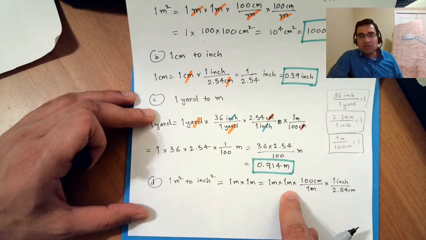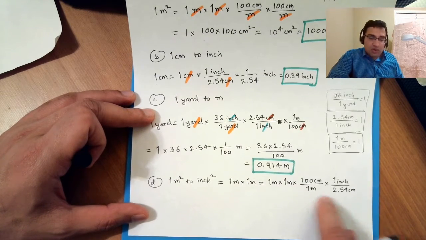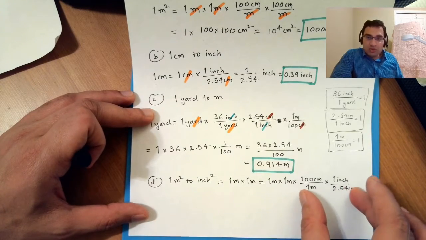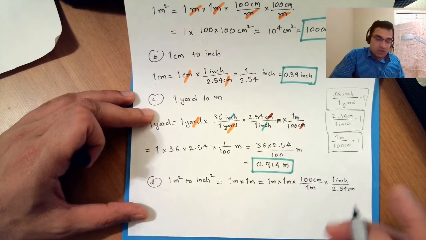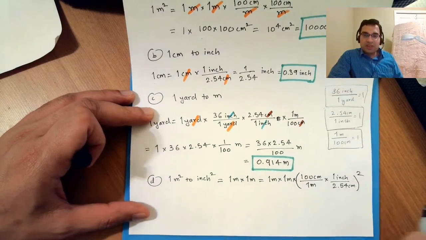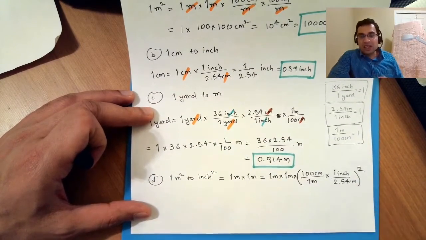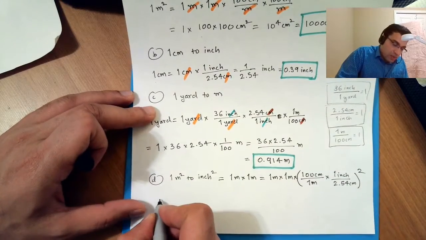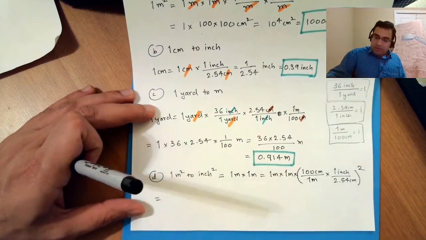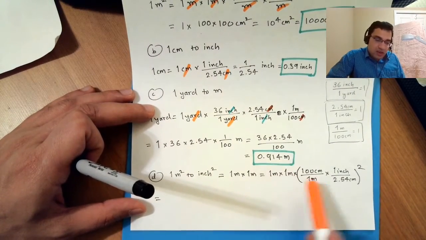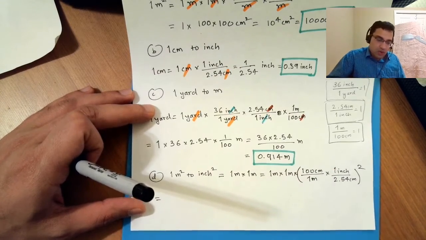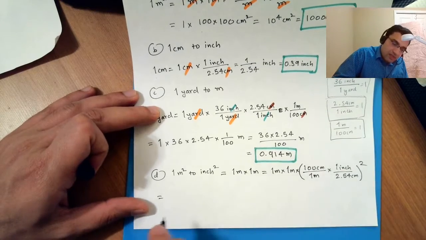But remember, I have two of these meters here, right? There's meter times meter. So I need both of these again. That's why I said I regret writing it on this line, because now I have to repeat this whole thing again. Okay, but I can do a trick. I can say square of this, which is the same as saying multiply by the same thing again. All right, so what am I left with then? This meter cancels with this meter, and then the centimeter cancels with this centimeter. So what I have left is